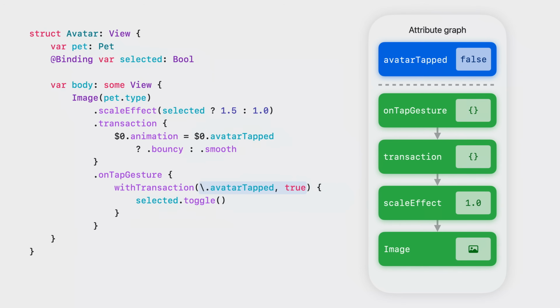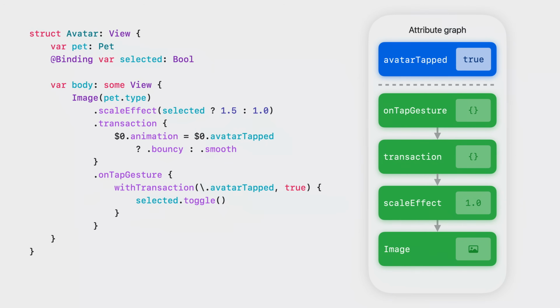Transaction is unique among SwiftUI's implicit data flow constructs because it's discarded at the end of every update. This means, unless explicitly set for the current update, every value in the transaction dictionary reverts to just being the default value for its key. In the avatar view, when the tap gesture closure fires, avatar tapped is set to true for the current update.